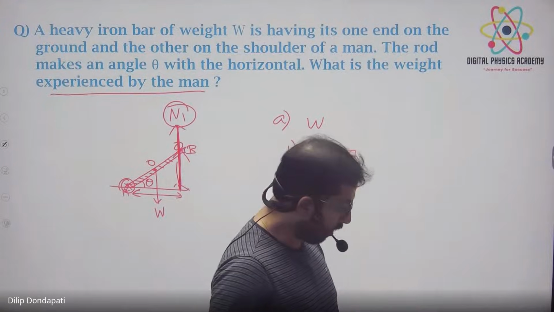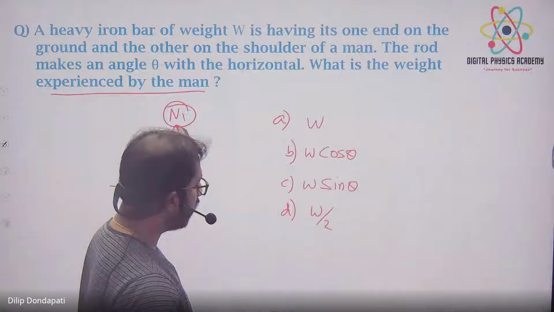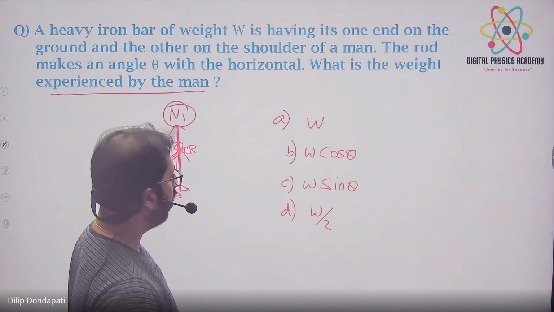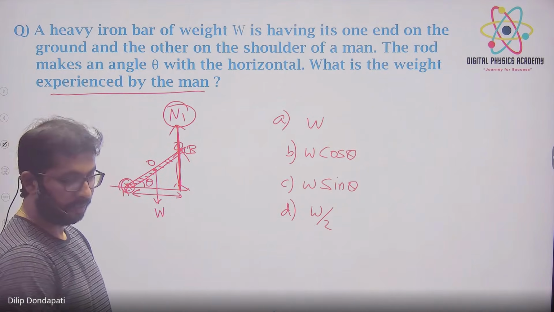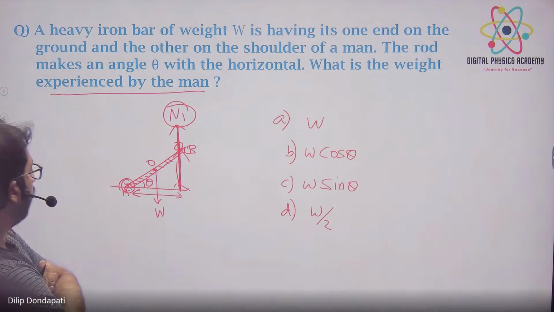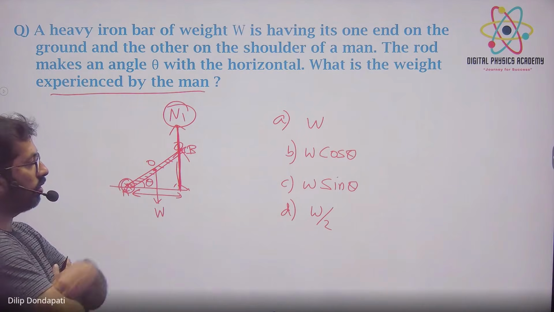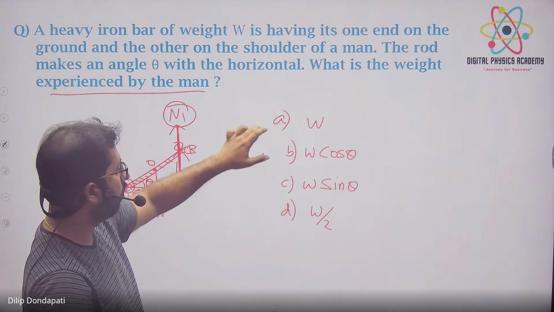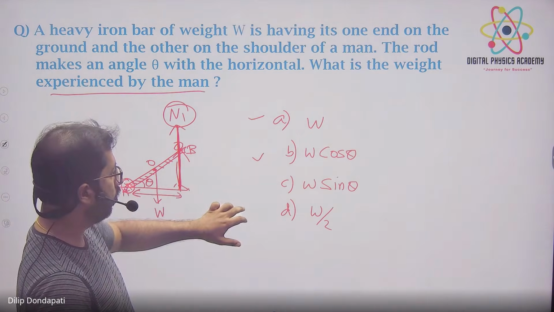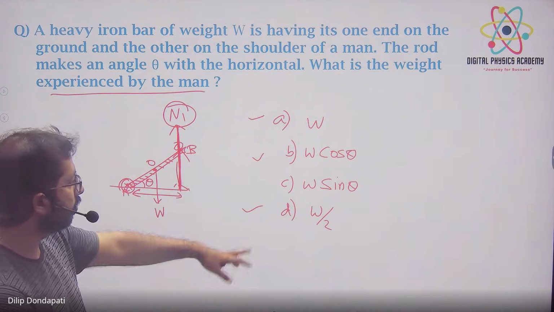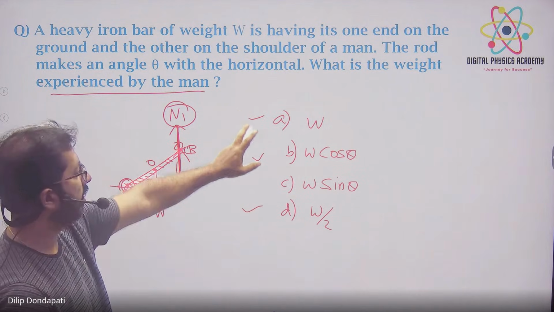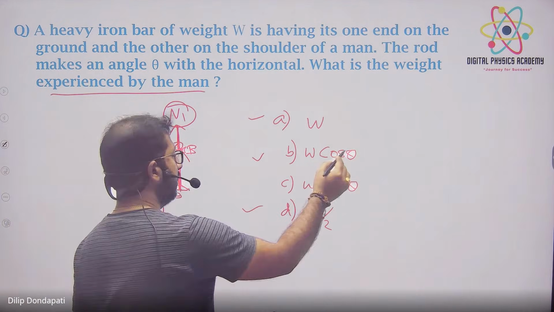What is your pronouncement? You're going with the W sin theta only? Sir, W. Again you shifted to W. Okay, if you say so, I'll say the answer. Pronounce. So I'm sticking with W cos theta. Okay. W cos theta, W and W by 2. Sure? Whose is right, we'll see. Sure? Whose is right? So the answer is